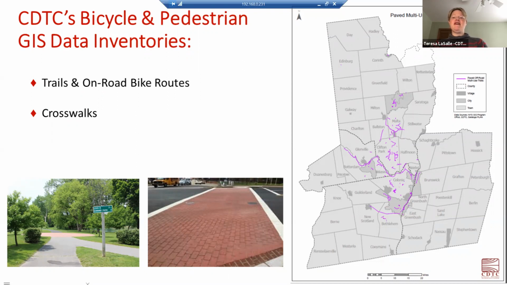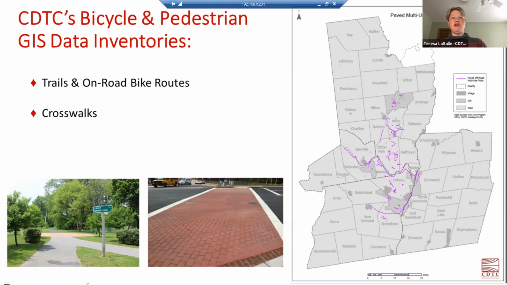In fact, just in the last 2 weeks, I can say we have more than 140 miles because I've gone out and done field checks on portions of the Empire State Trail, particularly in Rensselaer County and a little bit in Schenectady County and Saratoga that have been built since. So this map on the right showing the purple lines is a little outdated, and hopefully we'll have an updated version of that soon. In addition to off-road trails, we also collect data on the alignment and routing of on-road bicycle routes, such as the on-road portions of regional trails like the Mohawk Hudson Bike Hike Trail and local trails such as the Cohoes Heritage Trail.